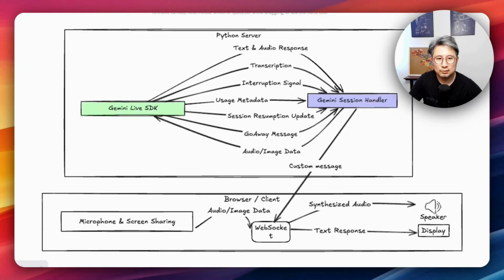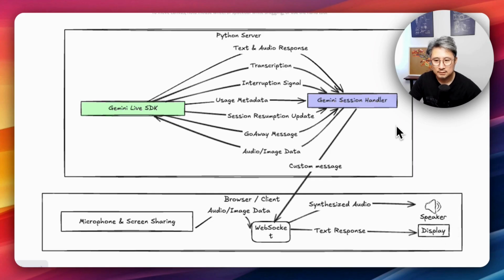Let's begin with a high-level overview of the system architecture, which may look quite familiar to you since most of our real-time applications adopt this server-client architecture. This diagram illustrates the key components, including the Gemini session handler in the Python server with the Gemini Live SDK, and a client in the browser that provides the WebSocket connection and the interface to incoming and outgoing display and playback. Here in the client, it captures the user input, including the audio and image data from the microphone and screen sharing, and renders the assistant's responses and transcriptions